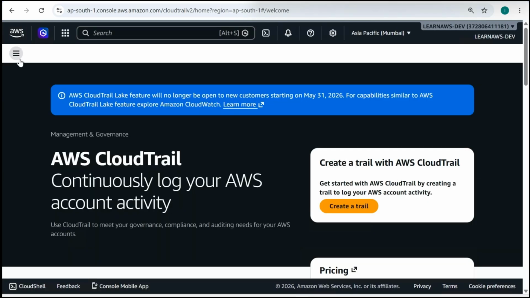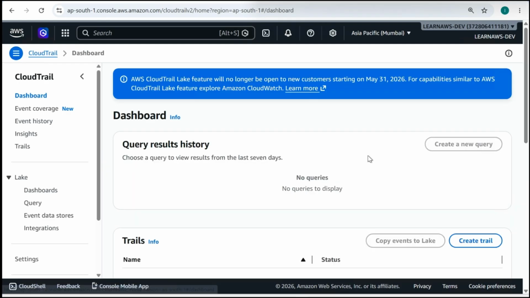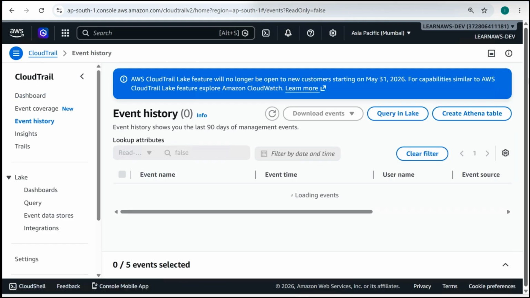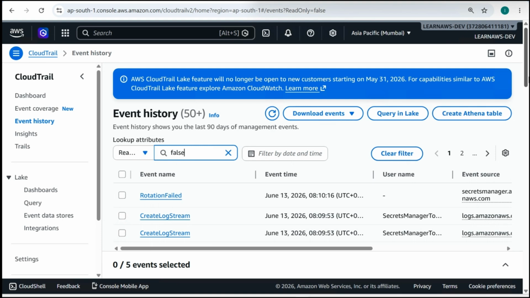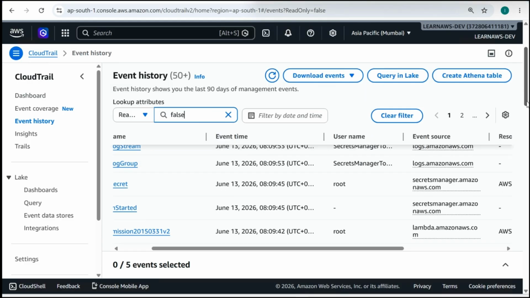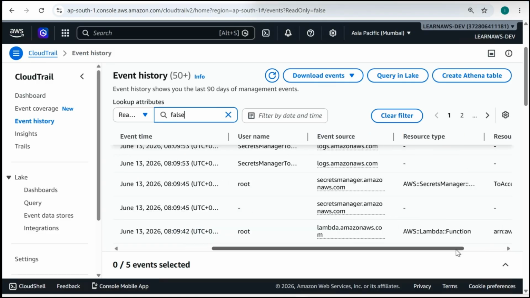If you go to the dashboard here, you will see the list of default event history, and you can see whatever we have started doing now. I have just created some secrets, and you can see what I have stored. I have configured the rotation, and similarly,